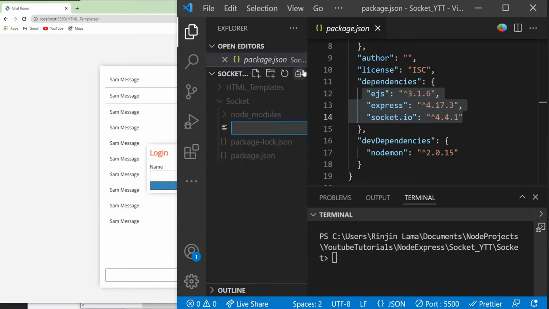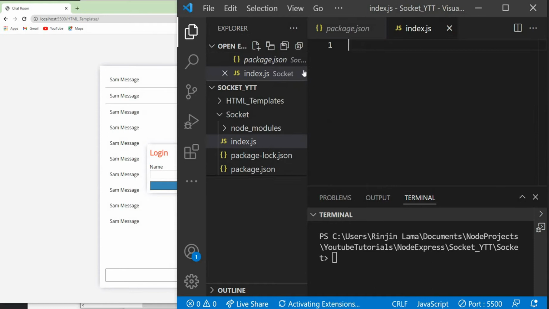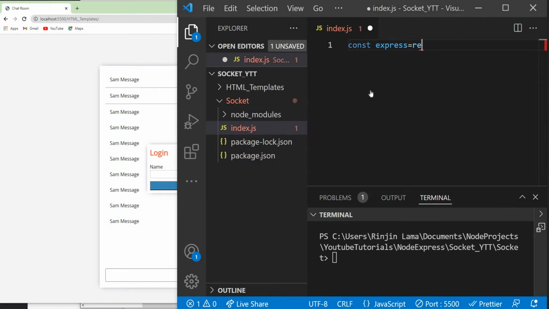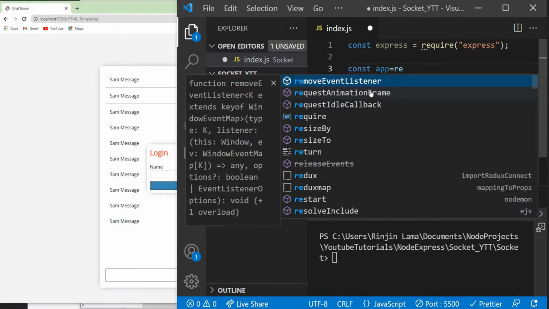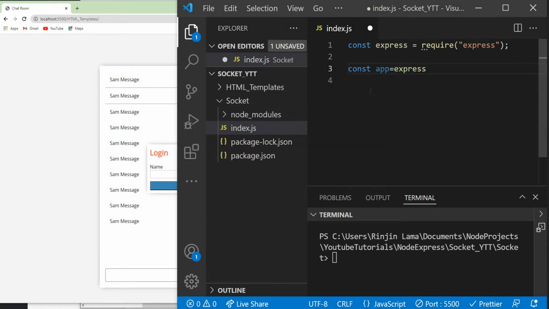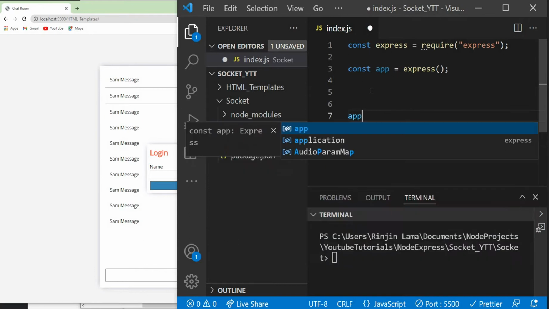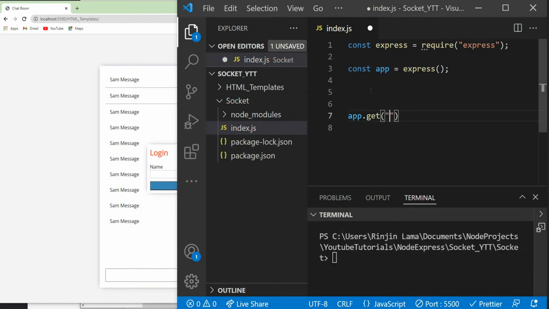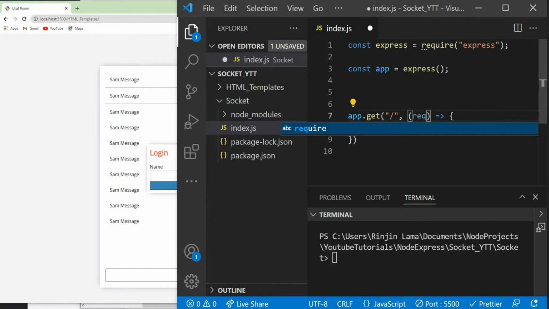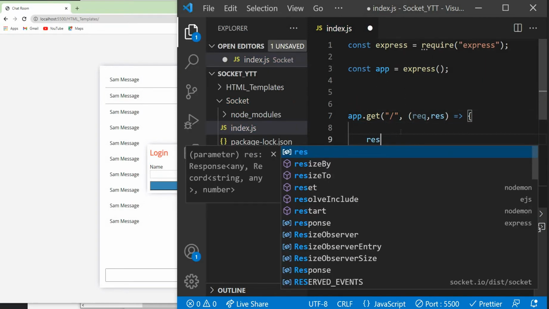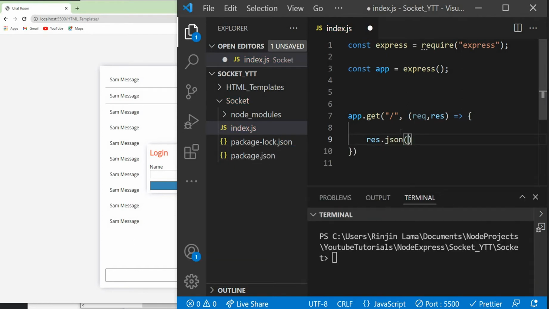So I'm going to create a file called index.js here. Okay, so let's write Express here, and we will use this express from node_modules. Now let me create another constant here called app, and basically this is going to be express. In app, we can use a get function. Whenever the app is started, we can tell it what to do, and whenever we get a request and response, in the response we can send JSON, or we can send anything here. For now, let's send a JSON here